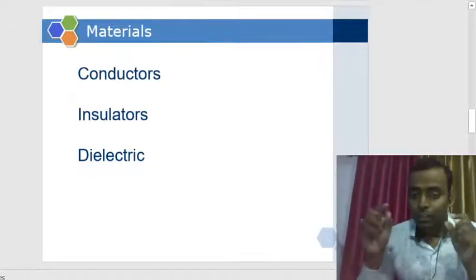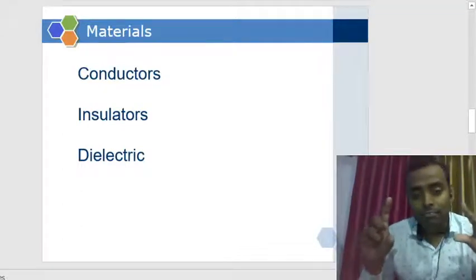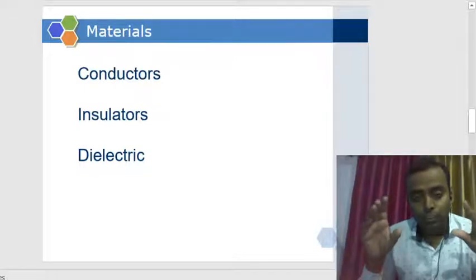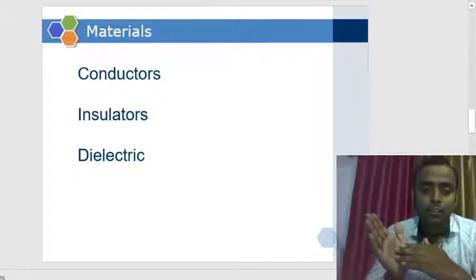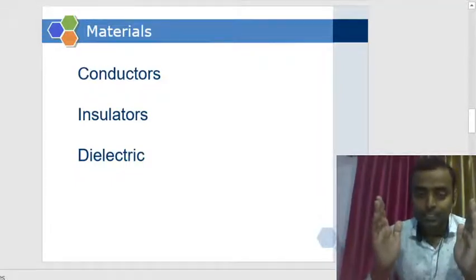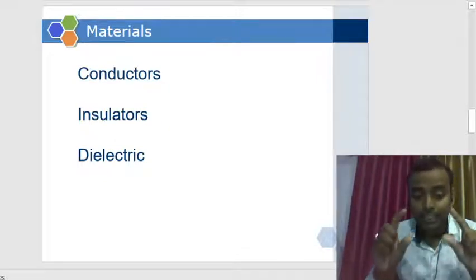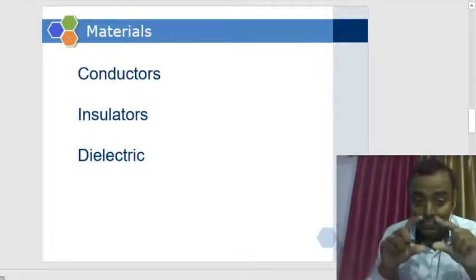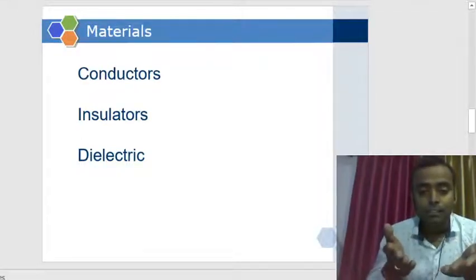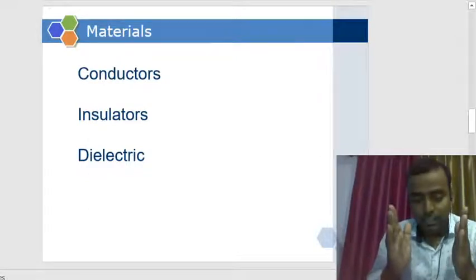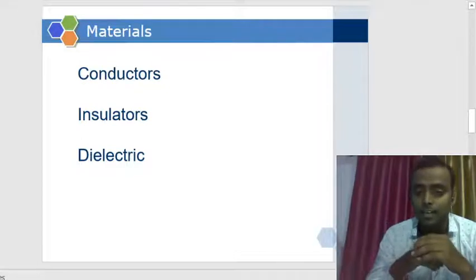Okay, so if you are applying the electric field, in that electric field the bound charges are shifted from their position. That electric field shifts the position of those charges, and that creates the dipole and that creates the polarization. Okay, the current in a capacitor is the real example of current in dielectrics.